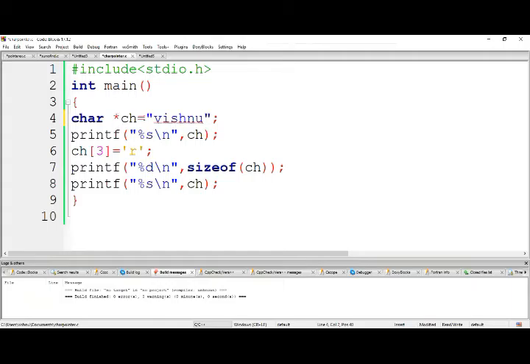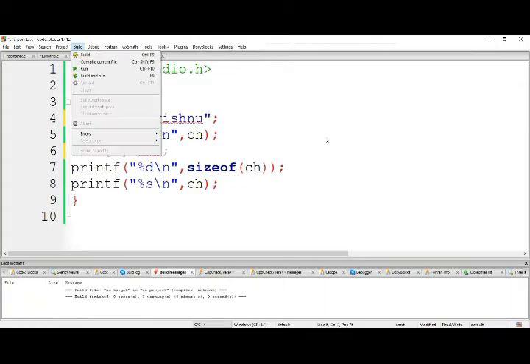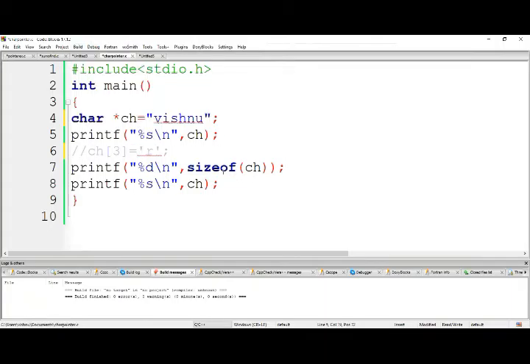We can also represent a string by using a character pointer, but the only difference is, let me explain that one. What is the size of ch now? Can anyone answer? Irrespective of the data type, what is the size of a character? What is the size of a pointer? Any pointer? It depends upon the compiler.